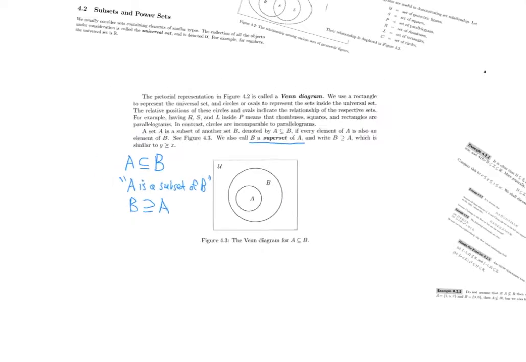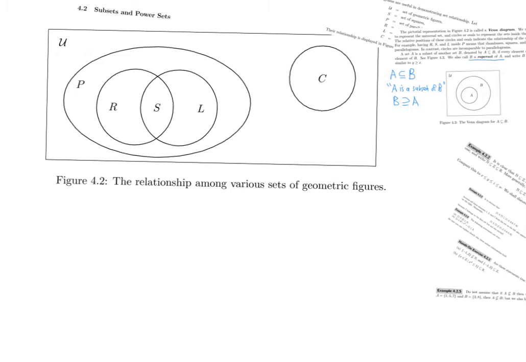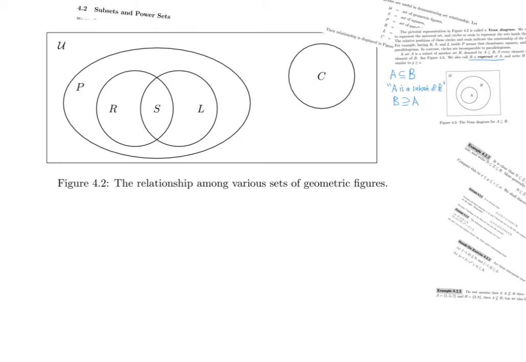So let's take a moment to write some subset relationships from the Venn diagram in the previous example, or in the previous video. Okay, let's see. So what do we have? Which sets are contained in which? Well, C is contained in U, so I can write that. C is a subset of U. What else? And P is also a subset of U,